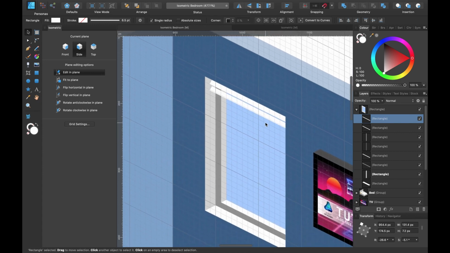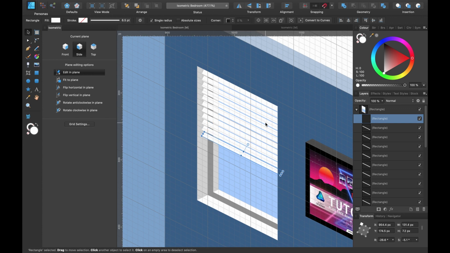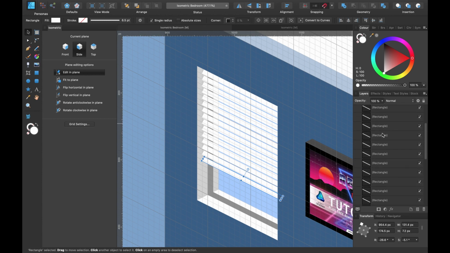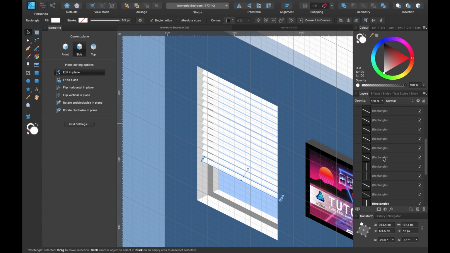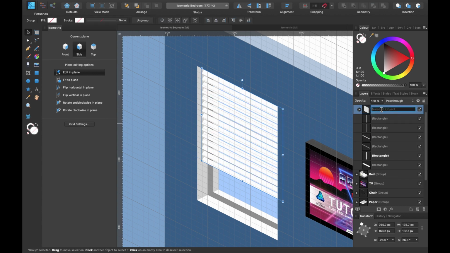And I'll zoom out a little bit further. Okay, now I'll keep my finger on Command, and I'll press J repeatedly till I want it to finish. So I think we'll have it finished here. Now I'll tidy it up. I'll select all of those layers, Command G, and I'll just name it blinds.